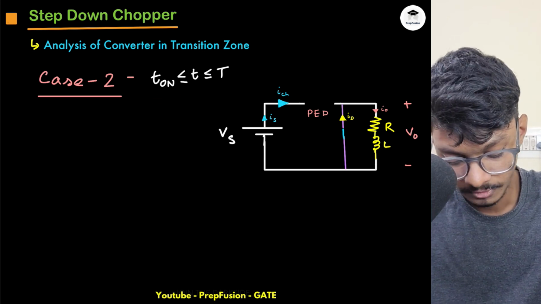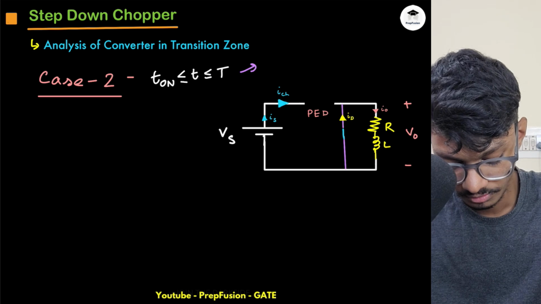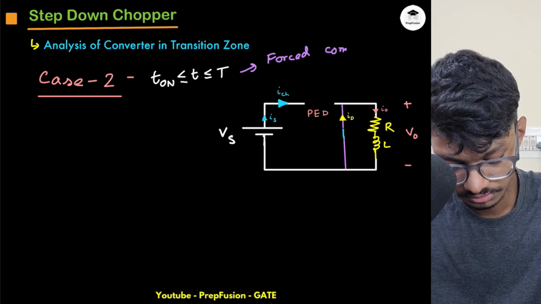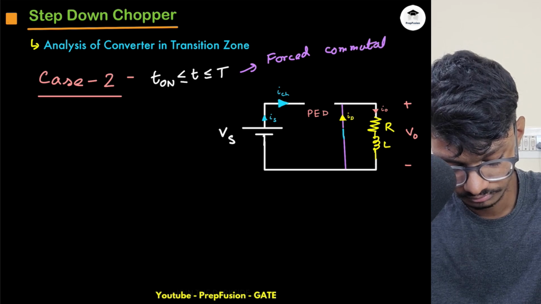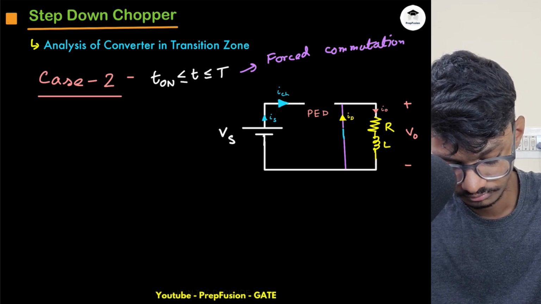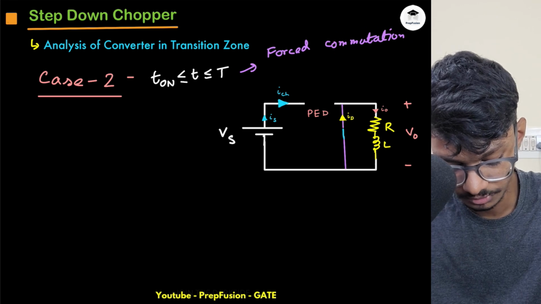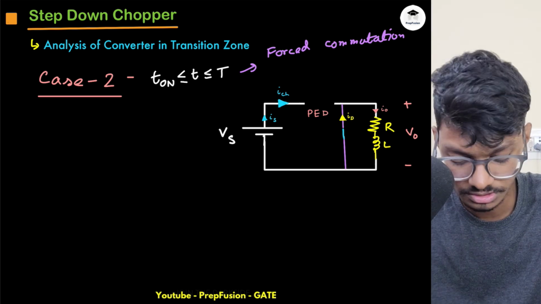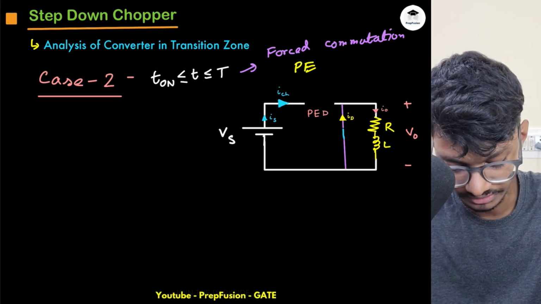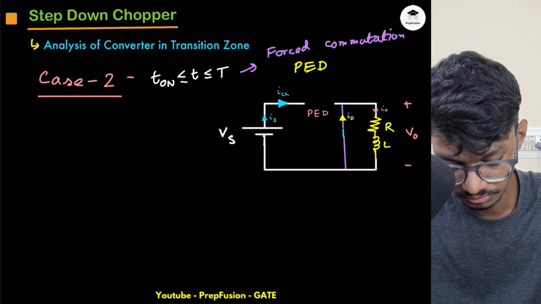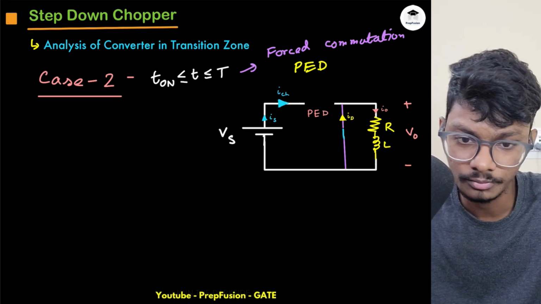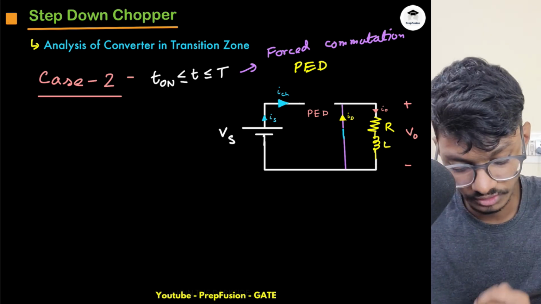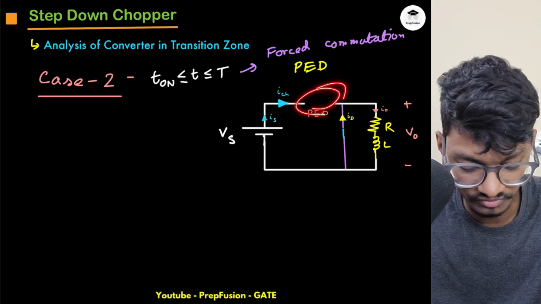I am force commutating the power electronic device. So I will forcefully commutate my power electronic device. If I forcefully commutate, this will be off, and as soon as this turns off,